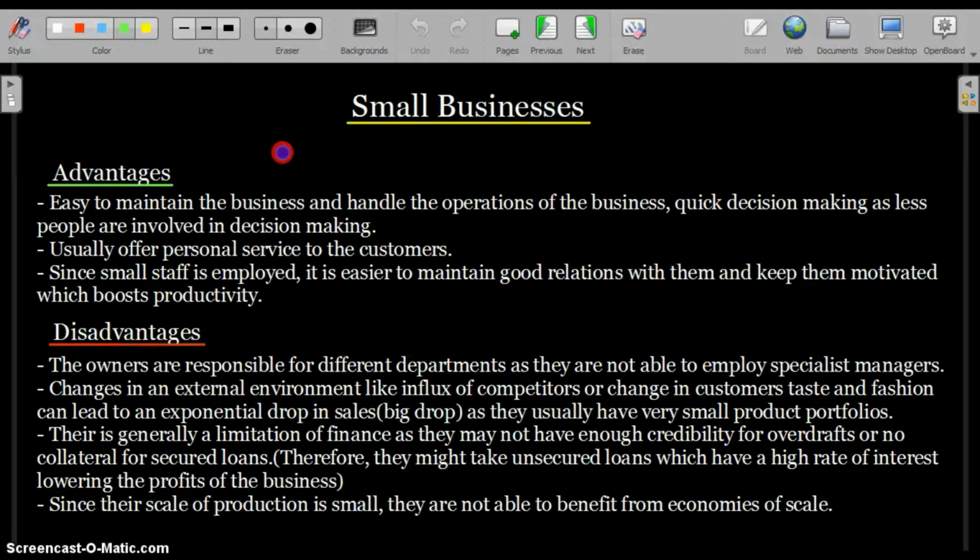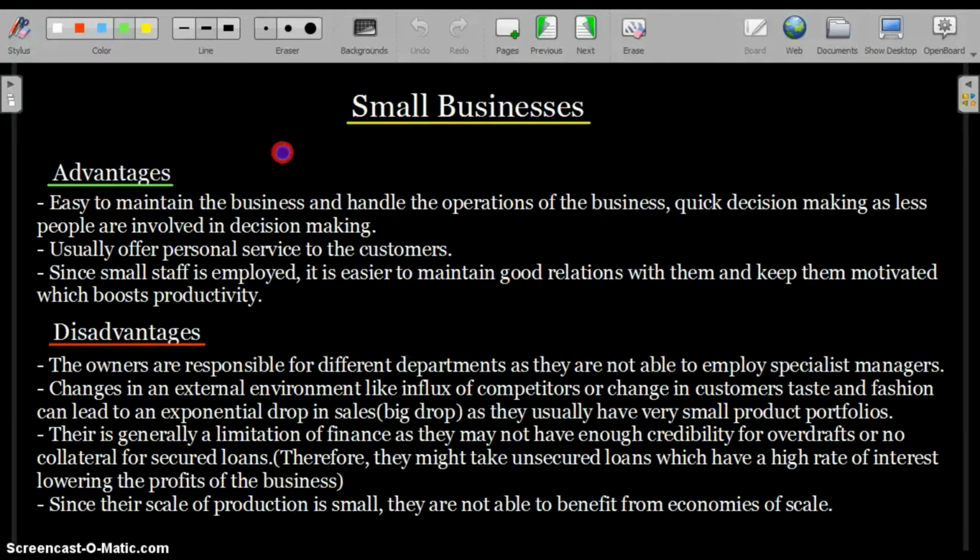Now, small businesses cannot be... you can't just basically define any small business. You can say it by the number of employees that they have, fewer than eight, or something like how much finance they generate. But there's not a specific definition of small businesses, nor does the course require it. The course only asks for the advantages of small businesses, the disadvantages, and their importance. So let's look at that.